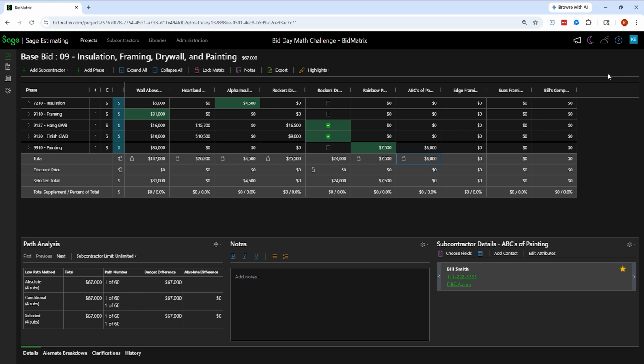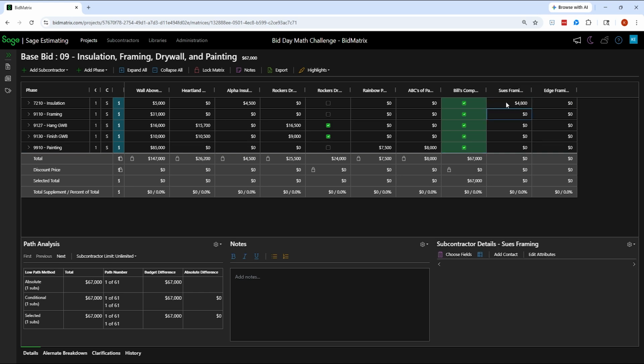And then we got Bill's, and Bill gave me just one number to do everything. So 67,000, and it includes all scope. And let's say I got Sue's framing then. And the edge framing was